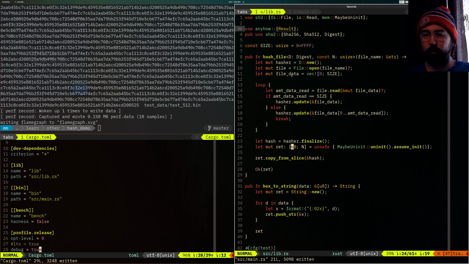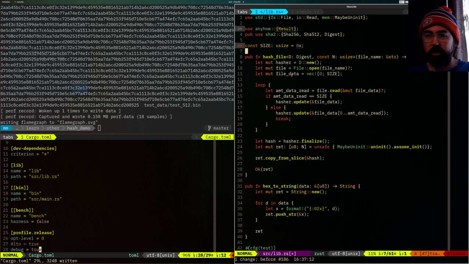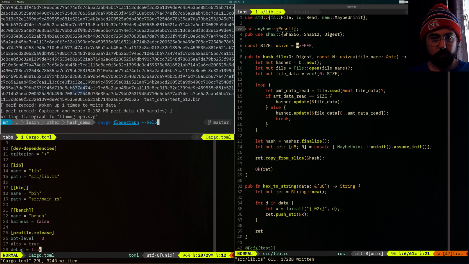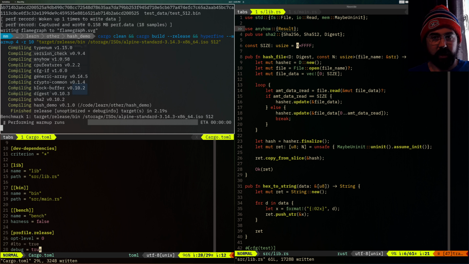So one of the things I really, really dislike is this unsafe call. So in order to get rid of this unsafe call, how am I to initialize my array here? Well, the way that I would initialize my array is to not use an array, is to use a vector. So before I actually do this, let's one more time run this through Hyperfine